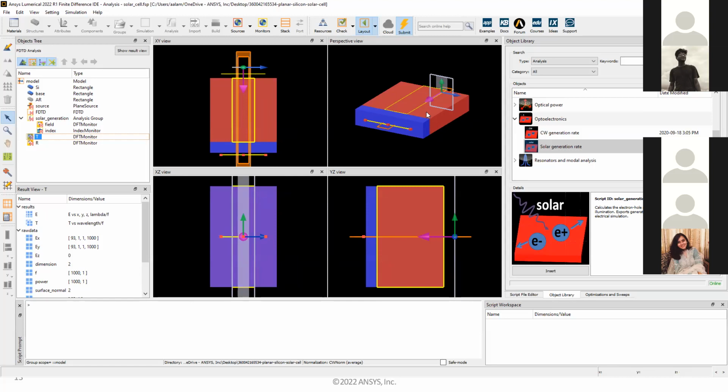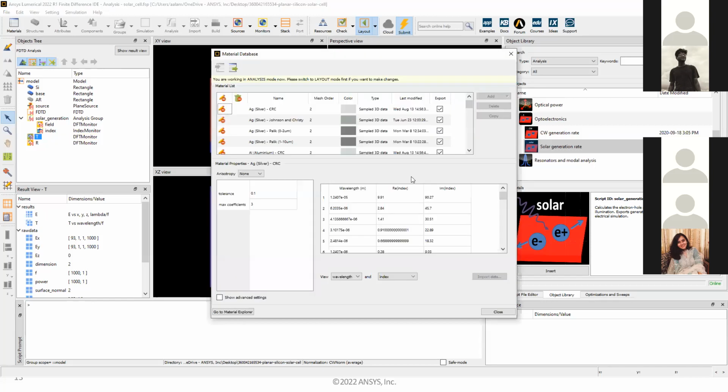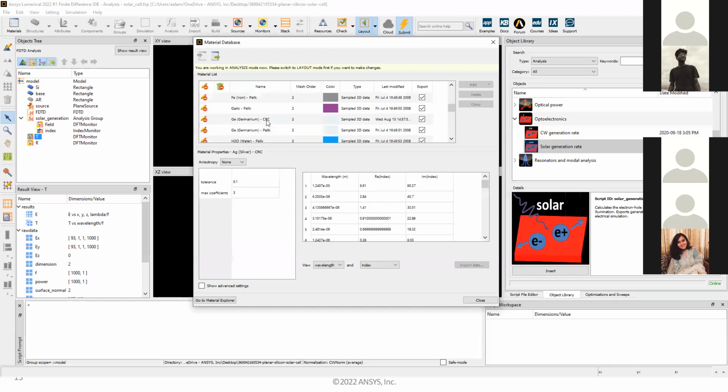Let's say we have a silicon substrate over here, the one we designed. So instead of silicon substrate, we want to design a cadmium telluride substrate. Right. I think the main thing you need is the material data. Exactly. But we don't have cadmium telluride as a material in our library right now. Exactly.